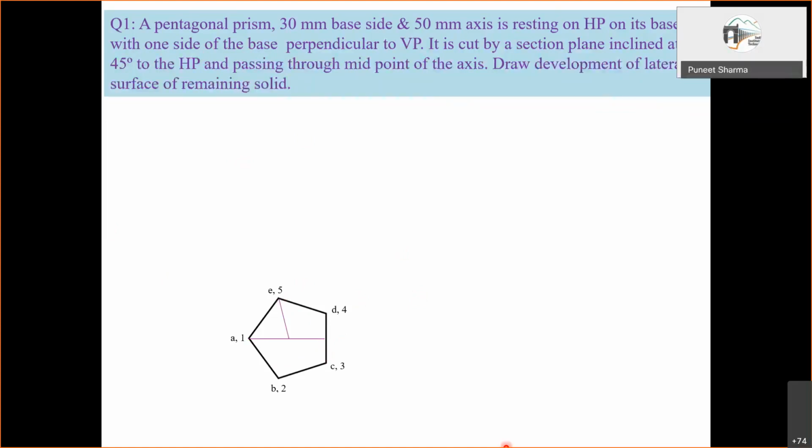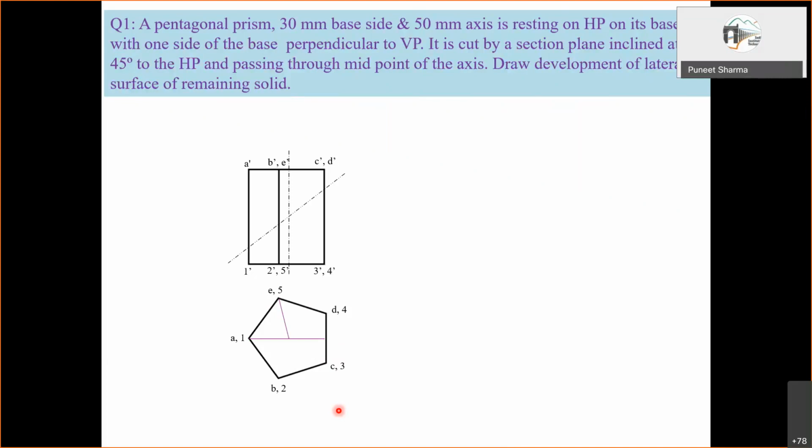And then the naming. So it's a prism. So each corner here will be representing two corners actually. One for the top surface, one for the bottom surface. So two names are shown at each of these corners. And the front view can be projected from this top view. So one surface has got this A dash, B dash, C dash, D dash, and E dash, and then 1 dash, 2 dash, 3 dash, 4 dash, 5 dash for the bottom surface.